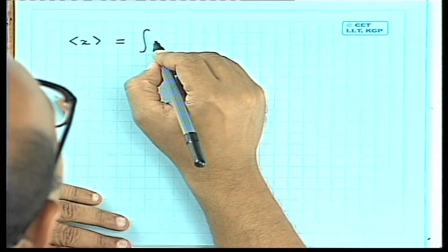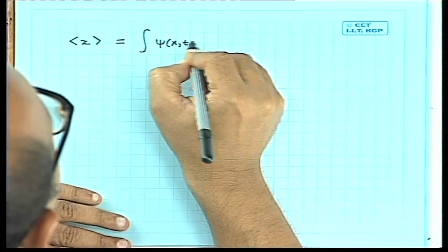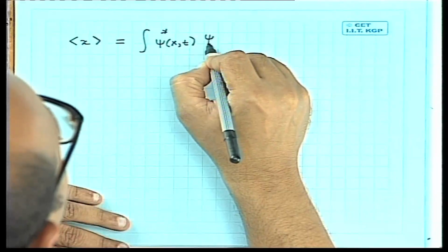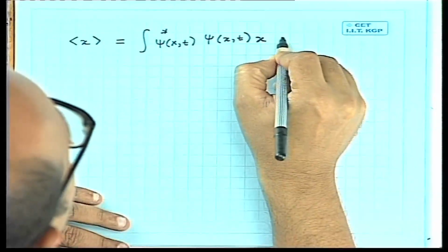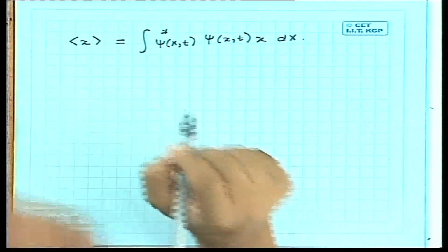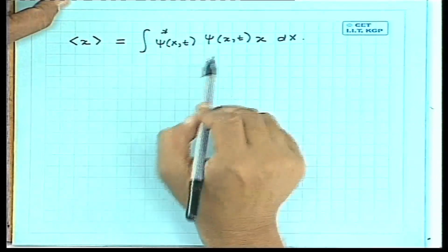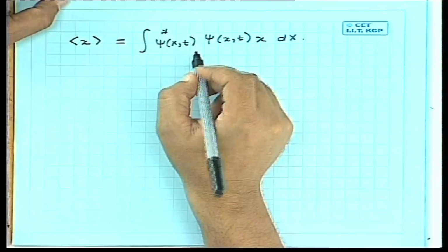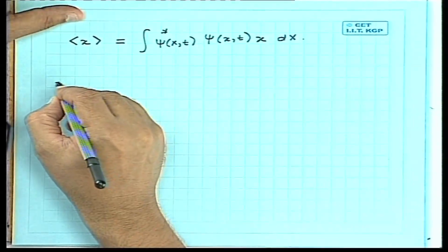So this is equal to the integral of psi star x t into psi x t into x dx. Right, this is the expectation value of x. And the question is, how does this change in time? Now, psi of x and psi star of x and t, we know how they evolve in time. So this is equal to